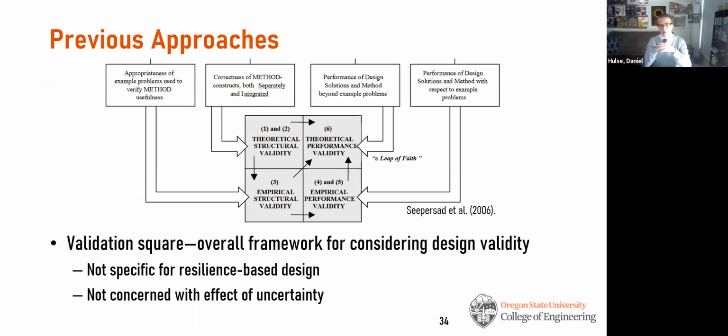So one of the big ones in the design literature is this idea of the validation square. Our work fits totally fine in this sort of framework. However, what hasn't necessarily been addressed in this work is how it factors specifically into resilience-based design, and how uncertainty plays into the validity of the design process? And so what we're trying to test is just one piece of this validation square, and it's answering